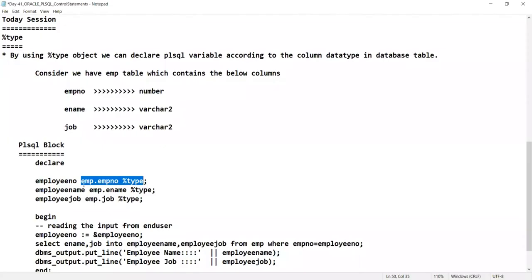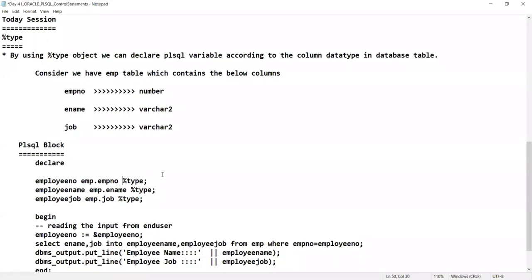We are just referring to the column data type of the database table. EMP is the table name, and EMP number is the column name. So we select the particular column under the table, like EMP dot employee number,